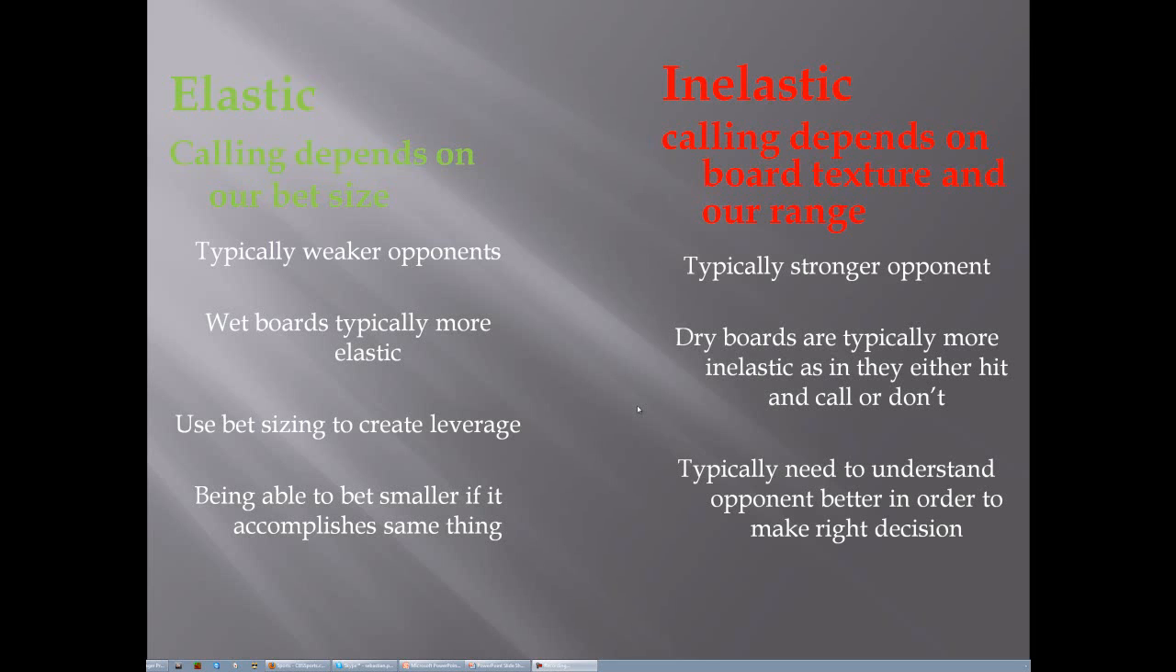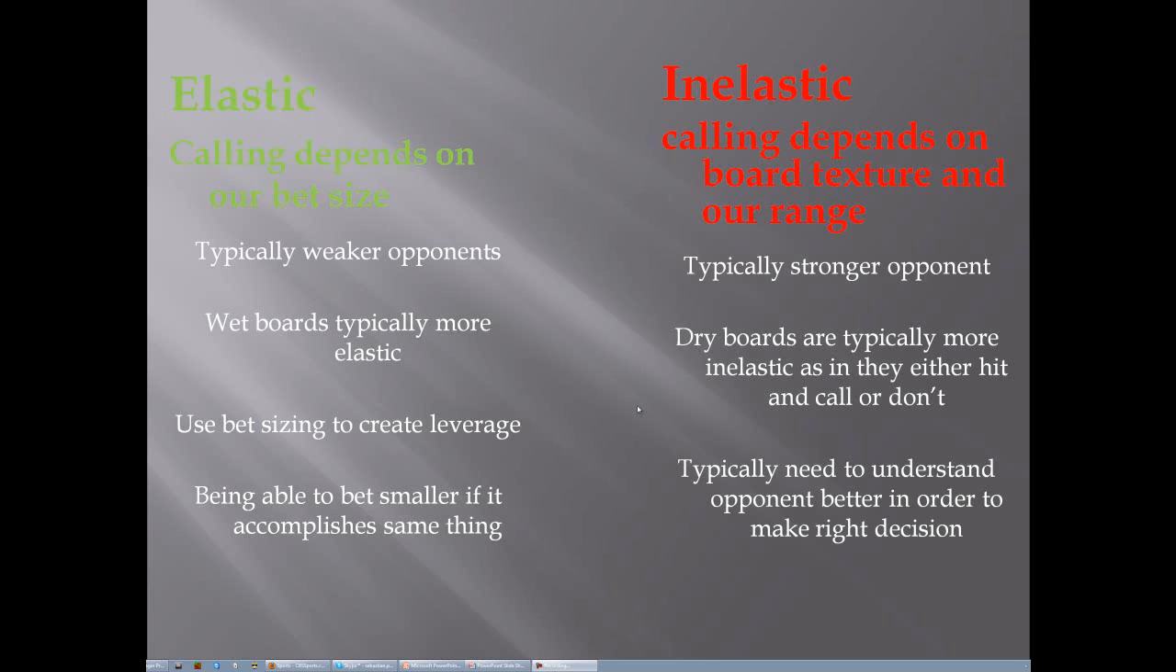So maybe on the flop there, with bottom pair on a dry board, they're going to be calling any size bet because they have a piece and the board's dry. But on a wet board, maybe with bottom pair, they'll call a half-size pot bet or smaller. But more than that, they're not going to call, because not only do they know that they're